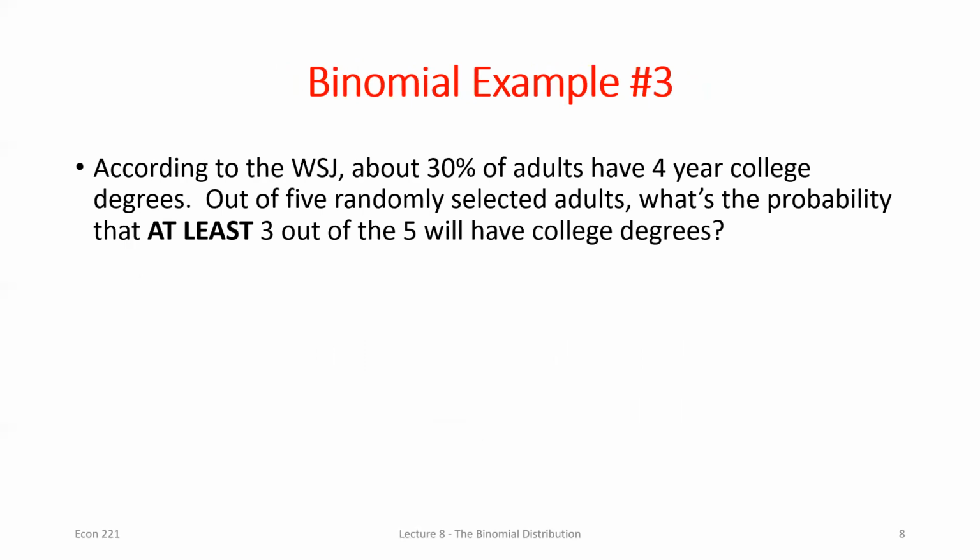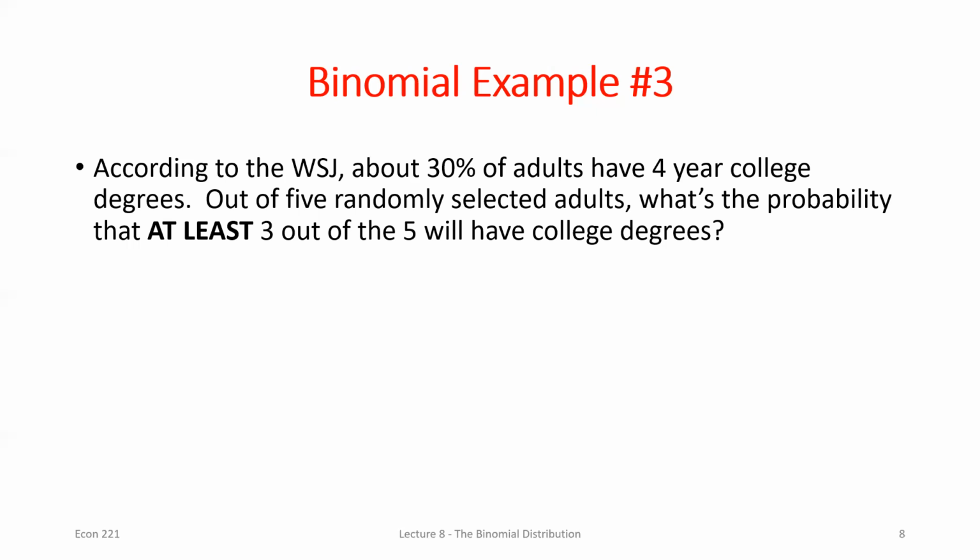So let's do a little bit more with this. Let's say we have the same setup, but now I want the probability that at least 3 out of the 5 have a college degree, right? So now what I'm really saying is, what's the probability that greater than or equal to 3 people have a college degree? Well, with these binomial distribution setups, I can only ever see one